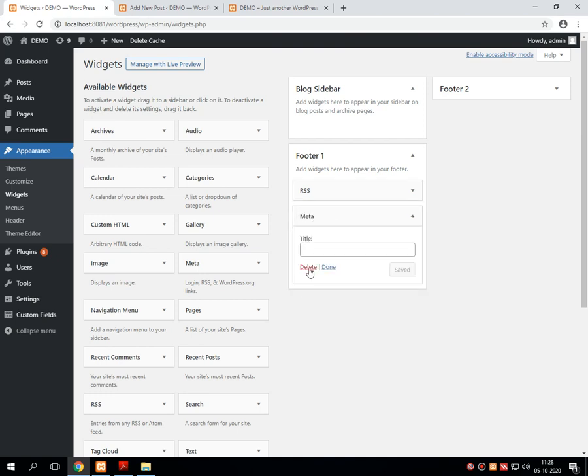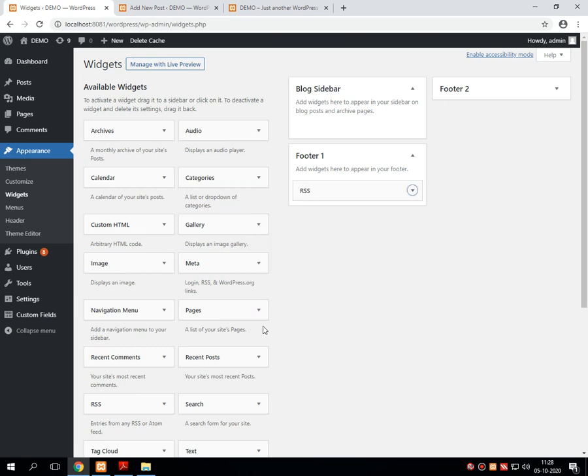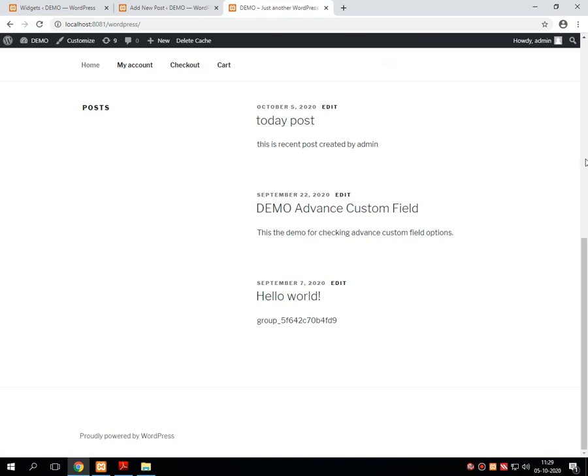I'm just keeping one RSS over there, right? So this is applied over here. I'm just refreshing the page. It will display the post with detail and edit facility. That means it will give you the post name with the hyperlink, post description, post date, and edit facility.